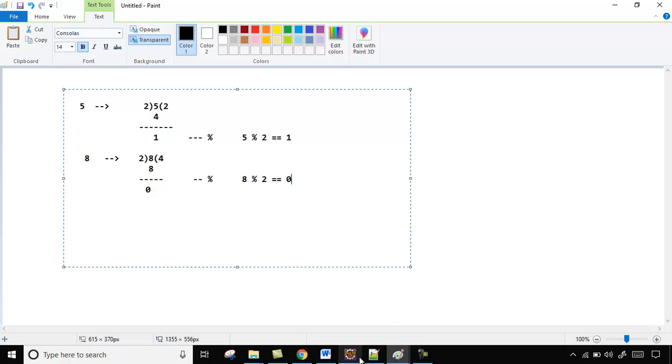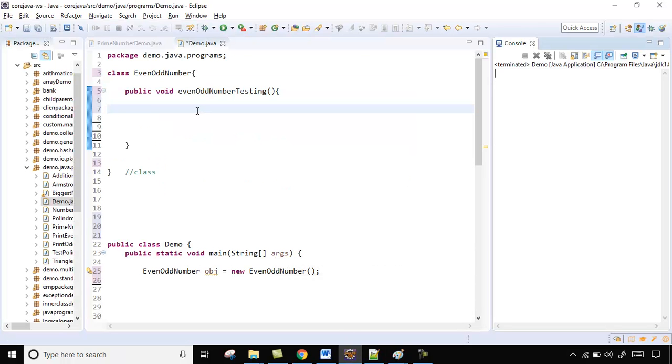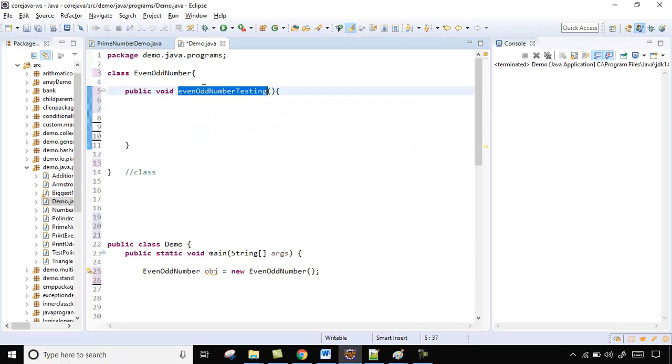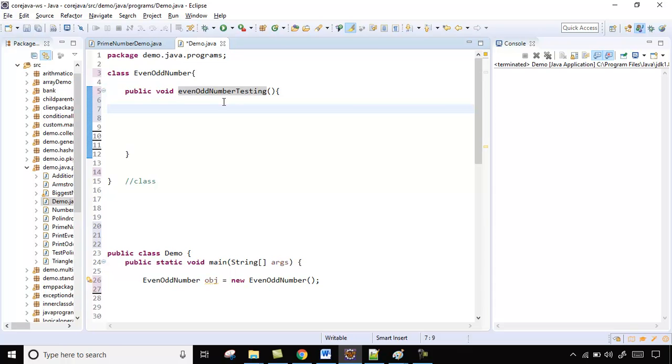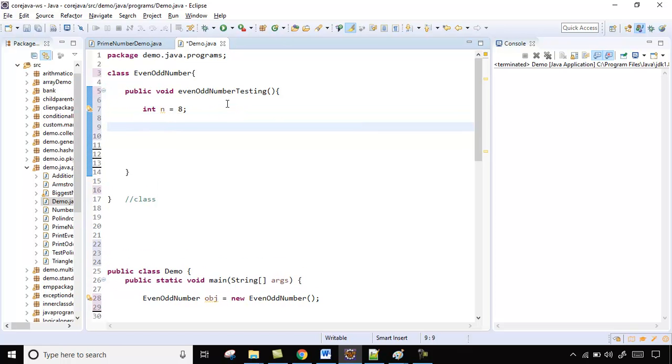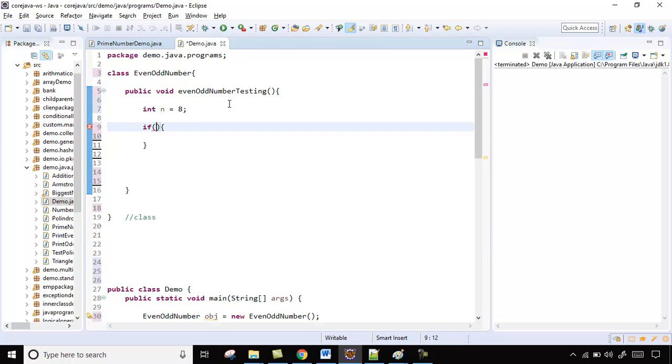Now let's create a program. Here there is one method created, even odd number testing. First let us go with a fixed value, then we will pass it from the client side. So let us take int n is equal to 8. How to test whether this 8 is even or odd? If n